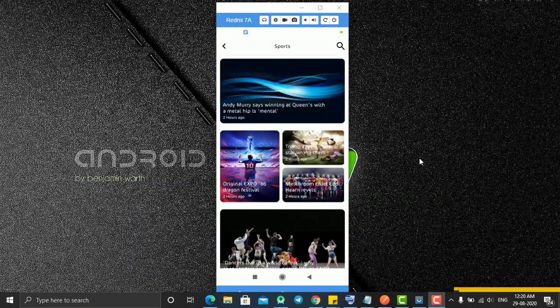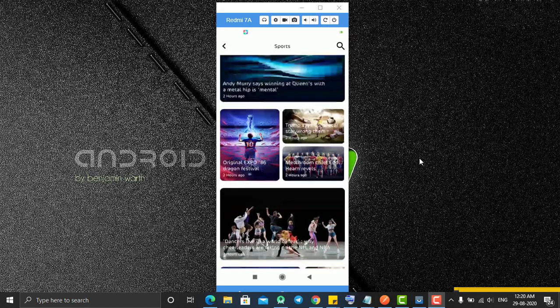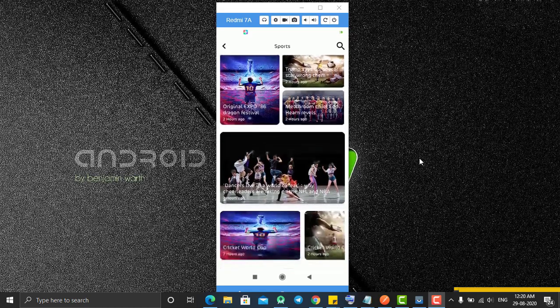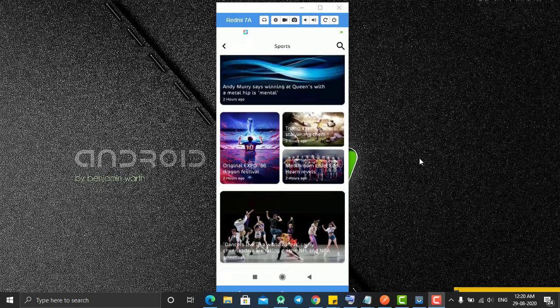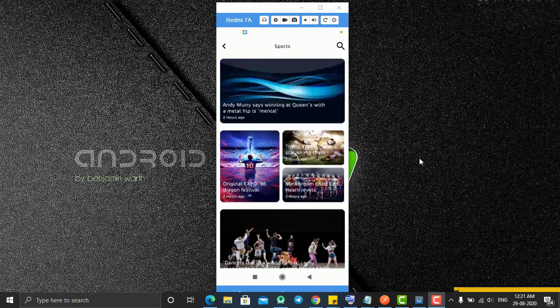So in today's tutorial we are going to design a home screen which has a layout something like this. While designing this screen, we are going to learn how to use card views to design this type of layout, as well as how to create a custom toolbar at the top, as well as how to use RecyclerView and the Glide library to load the data into this RecyclerView using Android Kotlin.